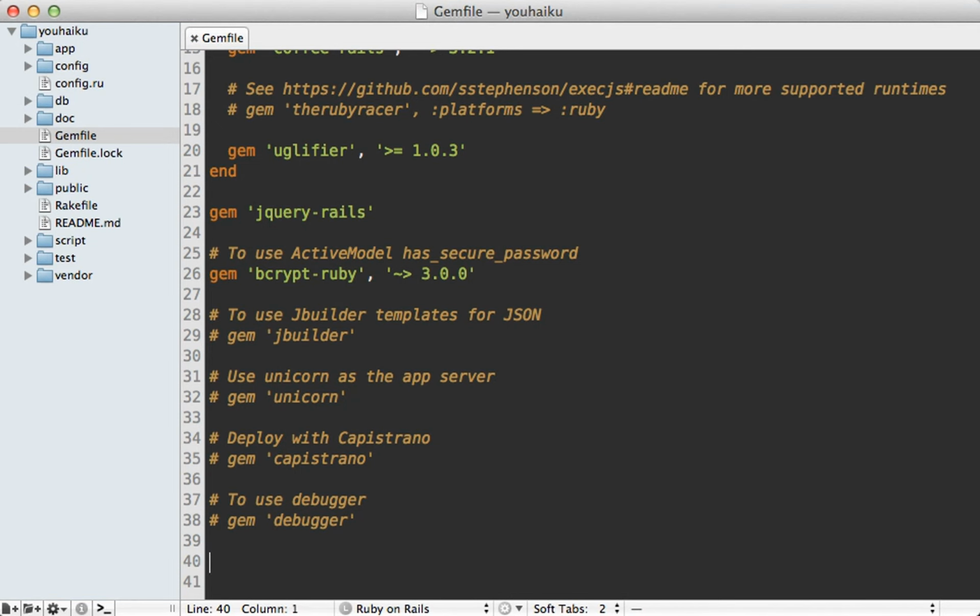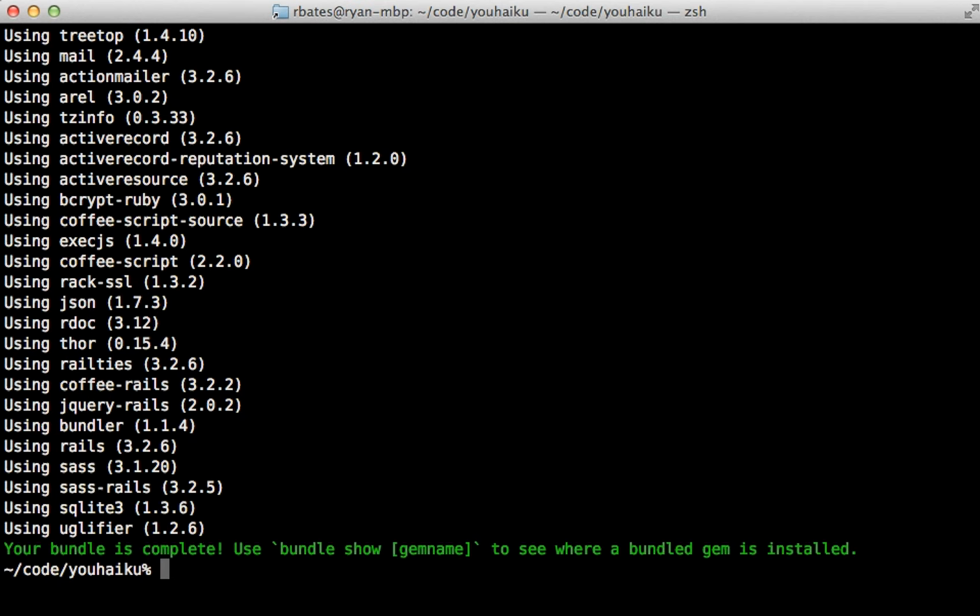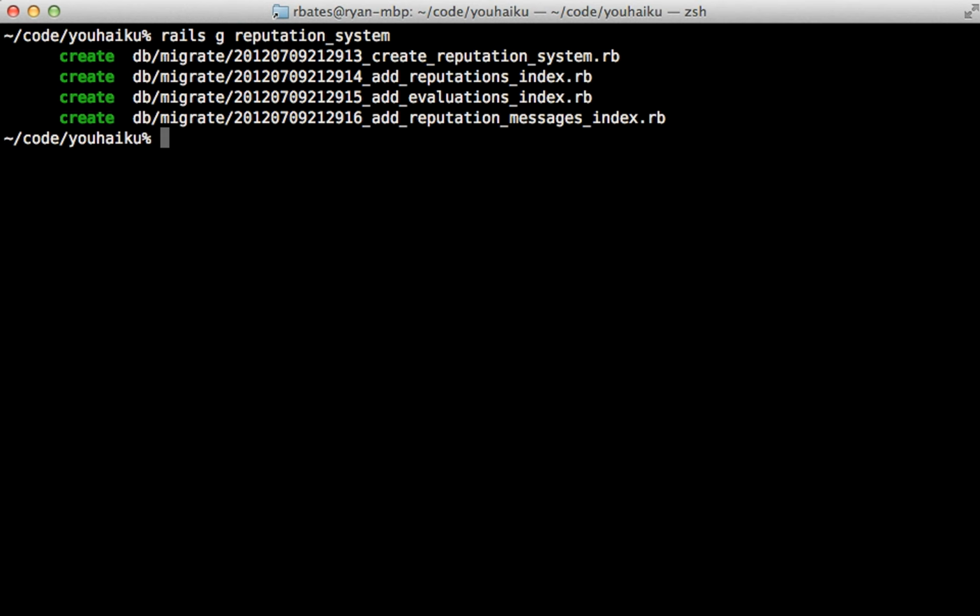I'll start by adding this gem to the bottom of my Gemfile, called activerecord-reputation-system. And you'll need to also require the file separately. It's called reputation_system. And as usual, run the bundle command to install the gem. And next you'll need to run this generator called reputation_system. This generates a few migration files, which I'll take a look at later, but for now, let's just migrate